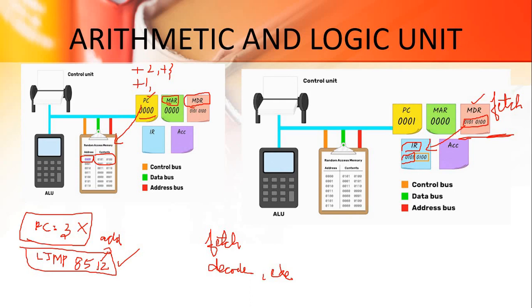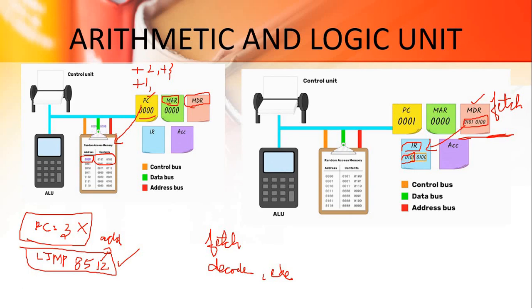What instruction will it give us? It will give us load this data. After that, 0101 is to be loaded. First load this instruction. Next, 0100 is the operand. First 4 bits are the opcode and last 4 bits are the operand. Now what this operand will do is,